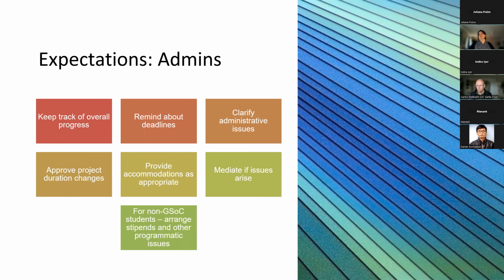I'm happy to clarify administrative issues. Like I said, the GSOC ones may be something that I don't have purview on, but I will know who to ask at GSOC. I'm allowed to change project duration, so if there's an issue, you let me know. I'm also happy to work with students to accommodate some needs as appropriate, and I'd also mediate any issues if